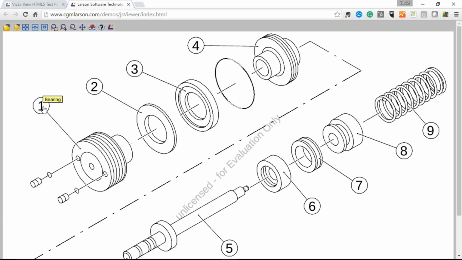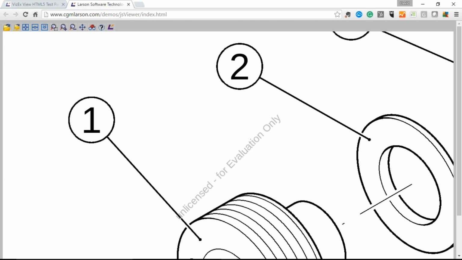We can see the tooltips work that we put in earlier, so it's the same file, but we've got no plugin technology behind it, it's purely HTML5. That's obviously the attraction of SVG, and now we can do the same with CGM as well. We can zoom in and so forth, and we can maintain our quality.